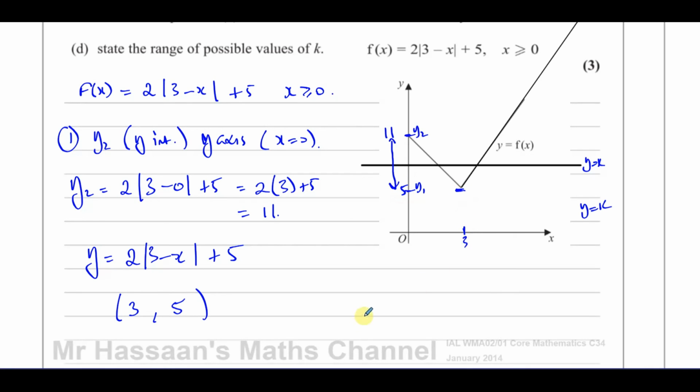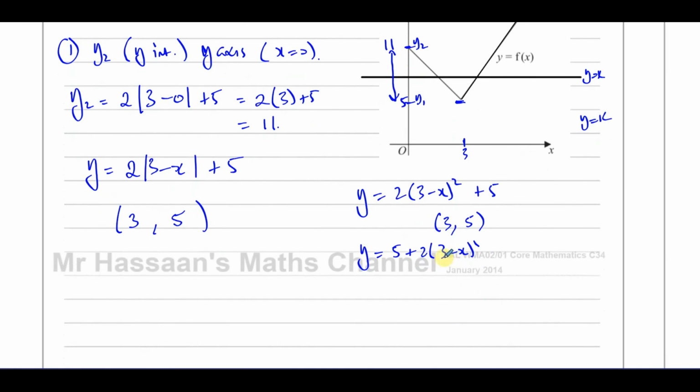Now, how did I know that? Well, it's similar to, you could say, if you had y equals 2 times (3 minus x) squared plus 5. If you had something like this, which is a quadratic in completed the square form, you know that the x value that makes this bracket 0 is the x coordinate of the vertex, and what's left outside is the y coordinate of the vertex. The reason why that is because when you have y equals 5 plus 2 times (3 minus x) squared,